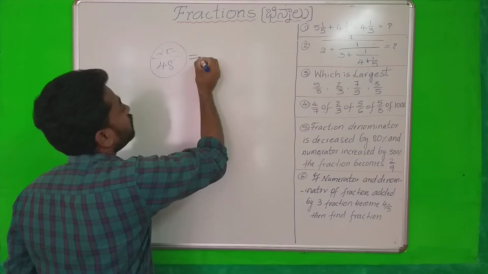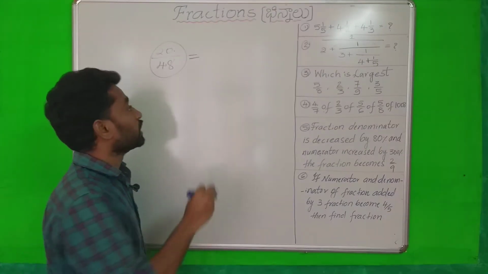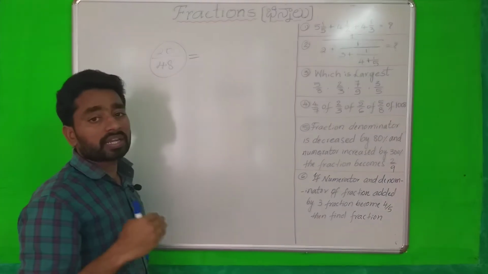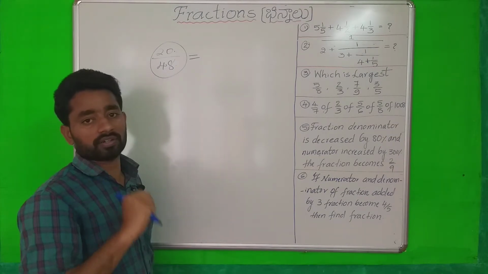So how can you say that a fraction is in simplest form? It means the numerator and denominator should have only 1 as their common factor. Okay, so here,